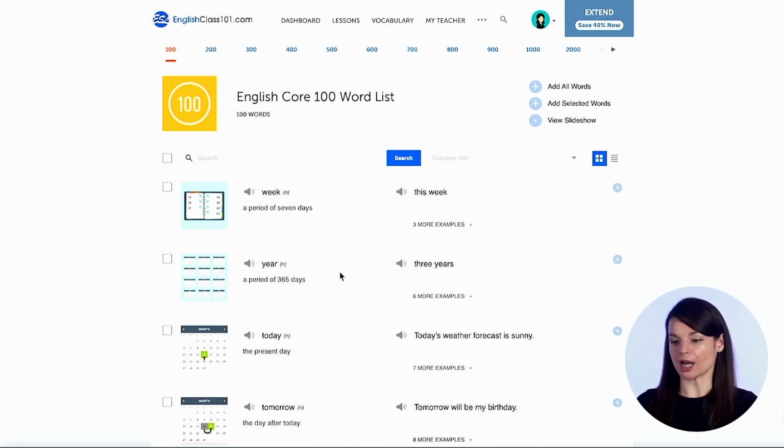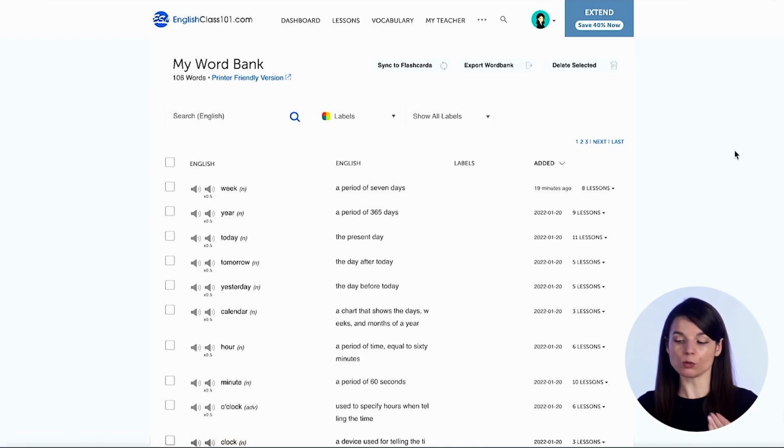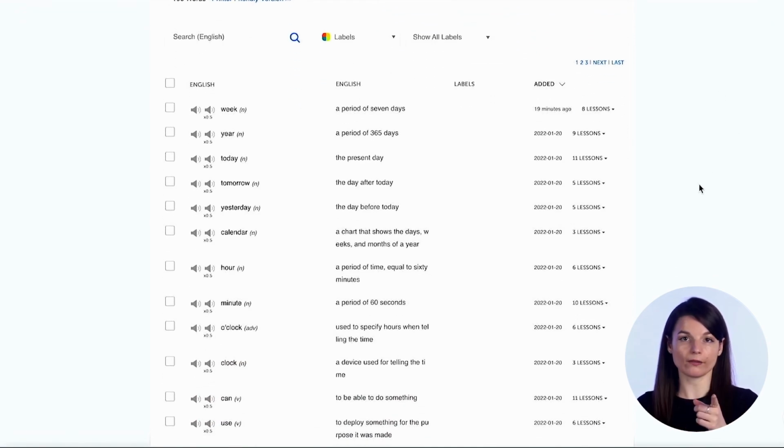The second feature I want to talk about is the word bank tool. So first, what is the word bank? If we go to the vocabulary drop-down menu at the top, we can find this word bank link right inside. Click on word bank, and this will give you a big list of words that you have selected